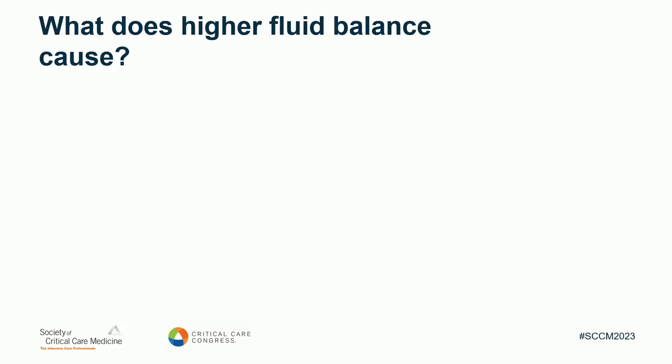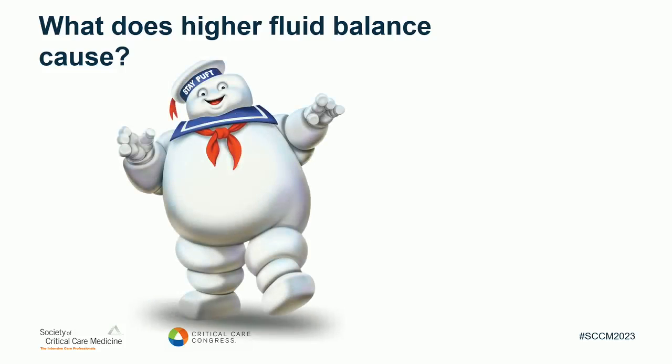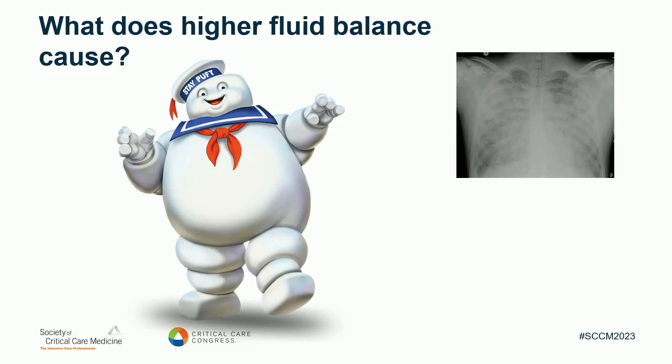So, of course, those factors contribute to some of the things that we see in clinical practice, right? So we see our patients, some of that may be cosmetic. We may see a lot of peripheral edema, right? However, there are some other consequential things that happen in these states, depending on where we see that edema. Of course, the lung, which I'm sure many of you have seen in your practice,